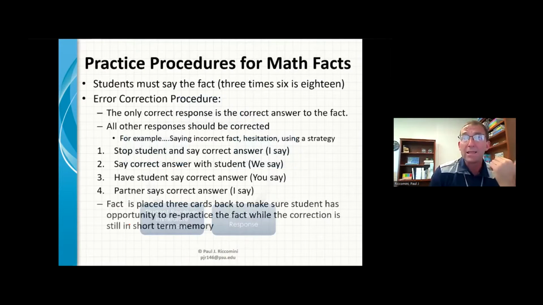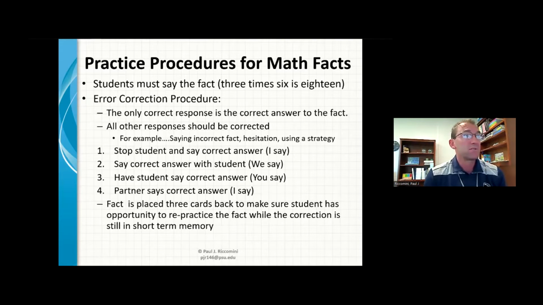Now, this is the best case scenario. Obviously, this is dependent upon the students that you have in your classroom and the structure of your classroom and so forth. The student really should say the fact if at all possible.